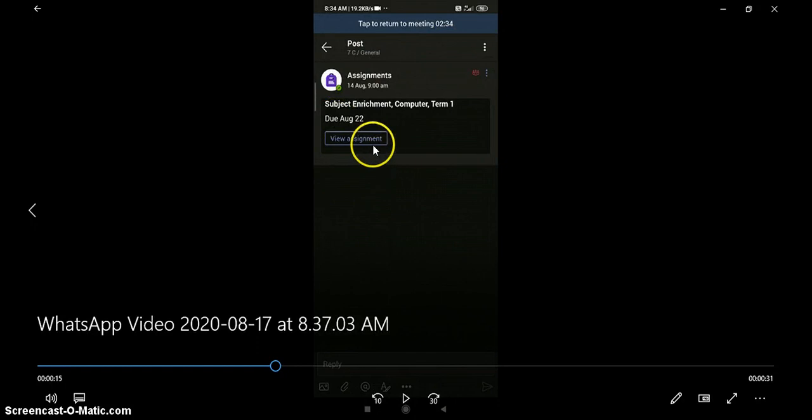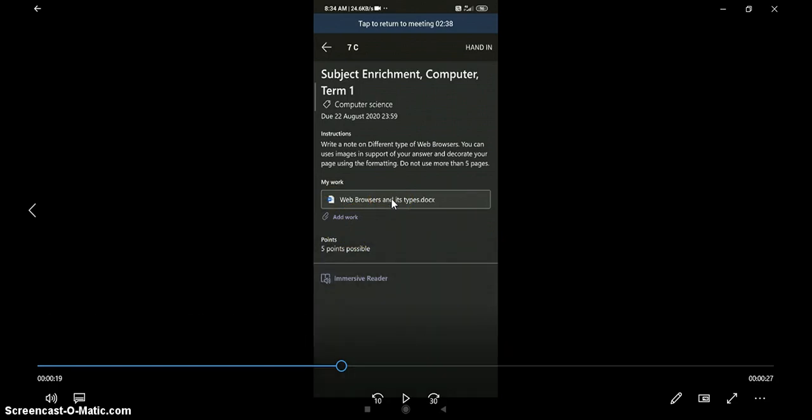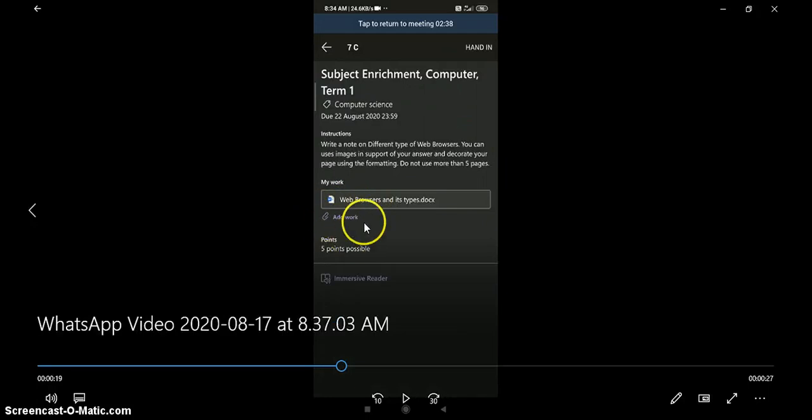This is the assignment you want to upload, subject enrichment computer term 1. Now you have to click on it. The same page, the Word page appears, and below that add work option is there. So you can open this web browser, this Word document, and type on that, or you can add work. You can attach a file, like you can attach